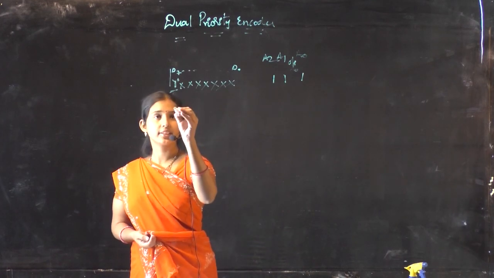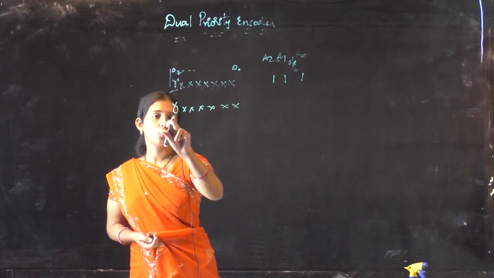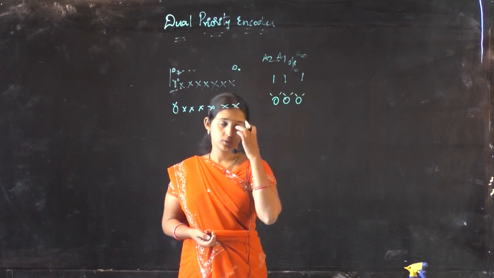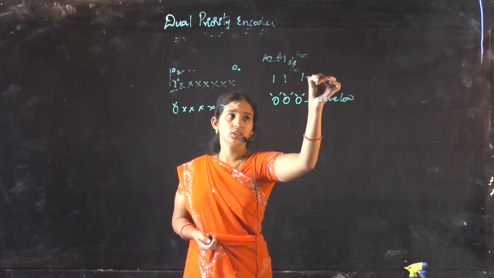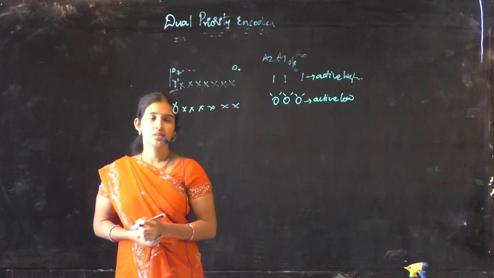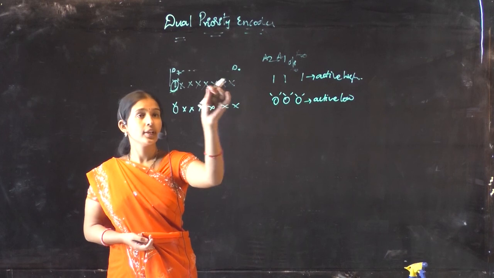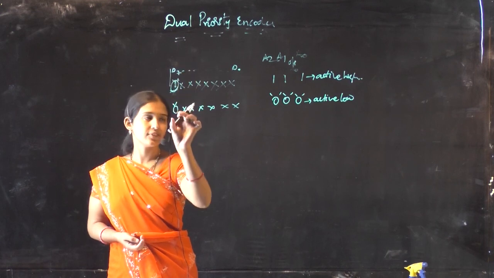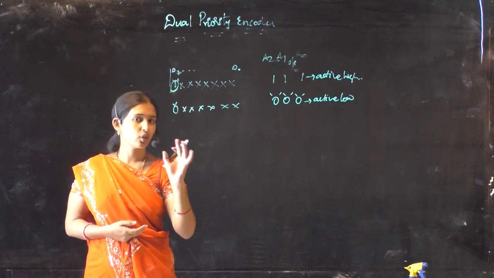Suppose in active low, if D7 is equivalent to 0, irrespective of the other inputs, it will be converted into active low outputs like 0, 0, 0. This is for active low, and that was for active high. That means it depends upon your highest priority number. If it is 1, it will not check other inputs and will provide 1, 1, 1. If it is 0 for active low, that means D7 is activated, so it will be converted into 0, 0, 0. This is your highest priority encoder.